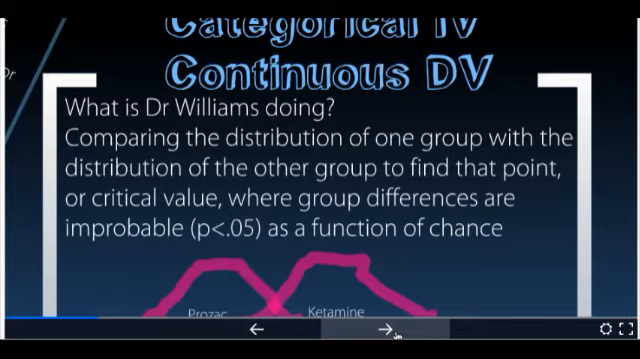To find at what point there is a critical value where the differences are improbable as a function of chance. So you see here at the bottom of your screen, you've got two very poorly drawn bell curves. One is for Prozac and one is for ketamine. If everyone who took ketamine is going to fall on a bell curve of how happy they are,